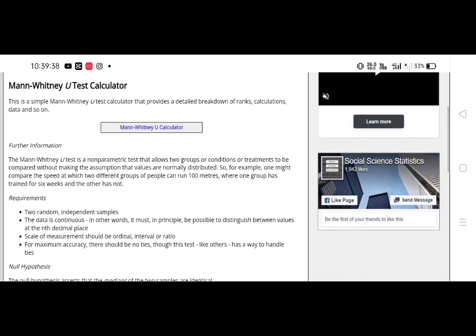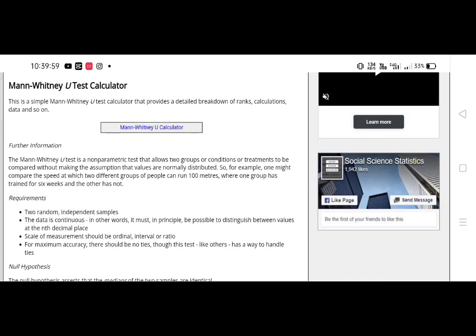Good day, we are now on our video number 11 and it is all about the Mann-Whitney U-test. The Mann-Whitney U-test is used to compare differences between two independent groups when the dependent variable is either ordinal or continuous